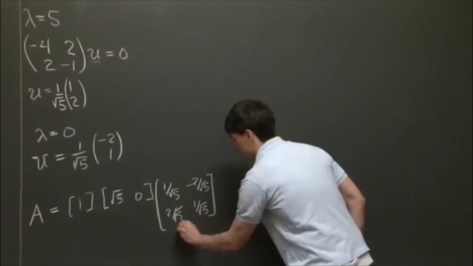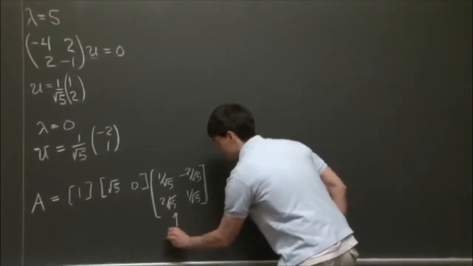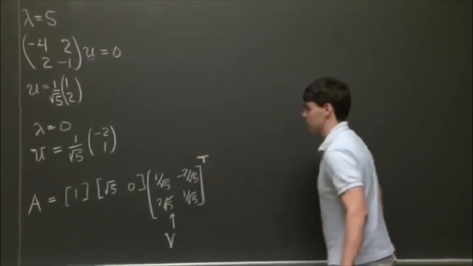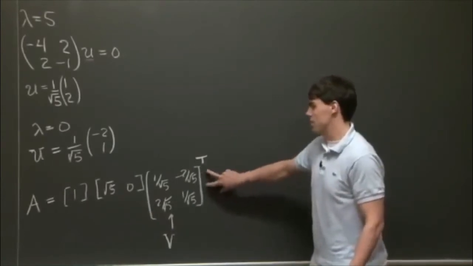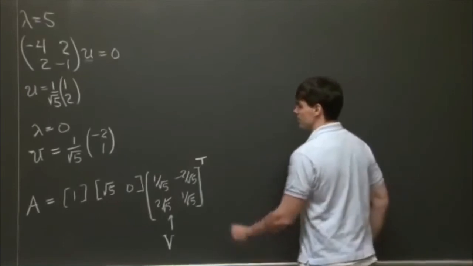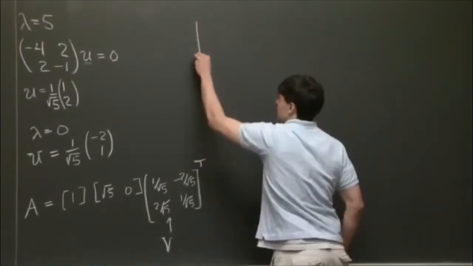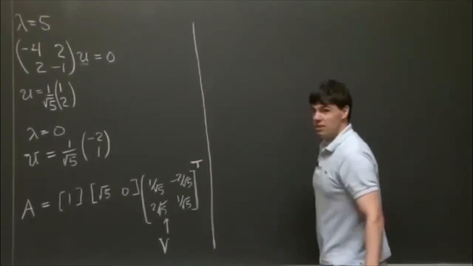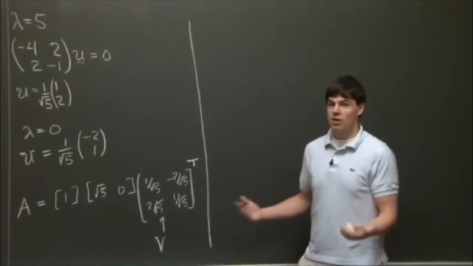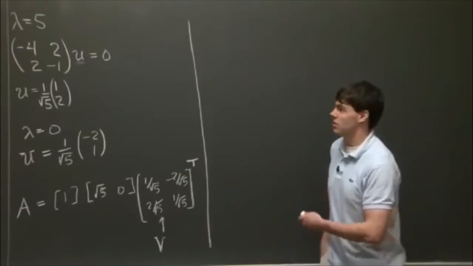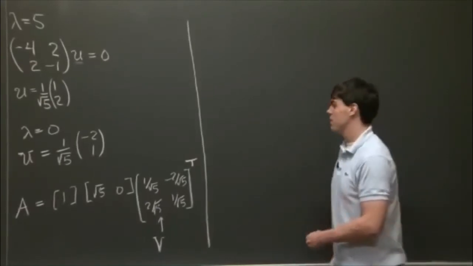And now this is V, but the singular value decomposition is defined by V transpose. Okay, so this gives us a representation for A. And now once we have the SVD of A, how do we actually compute A plus, or the pseudo-inverse of A? Well,